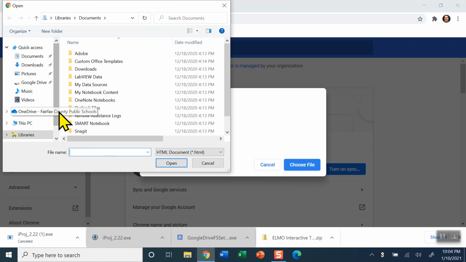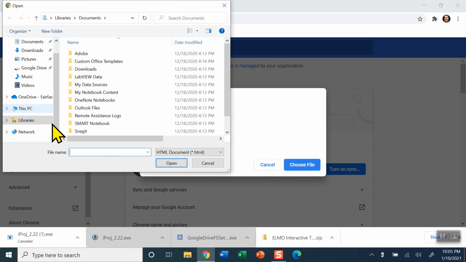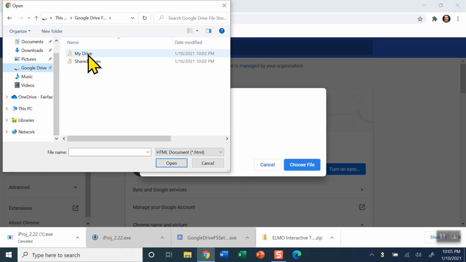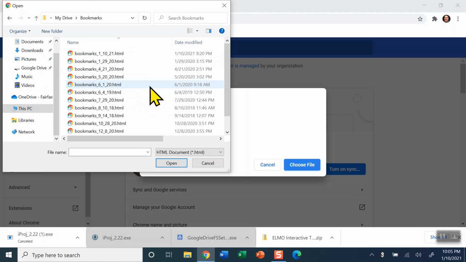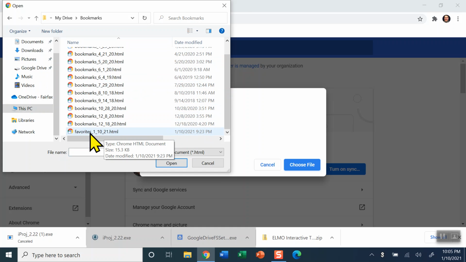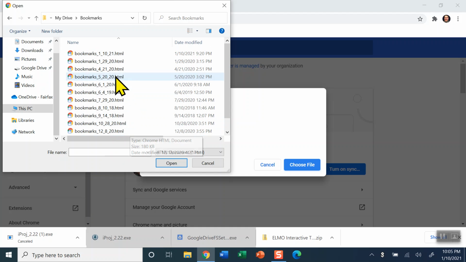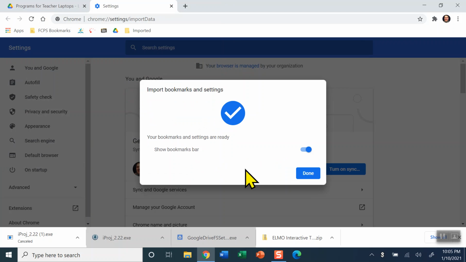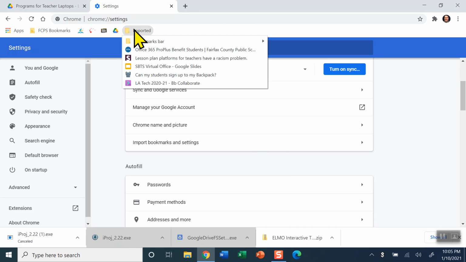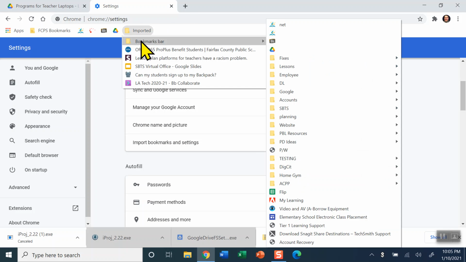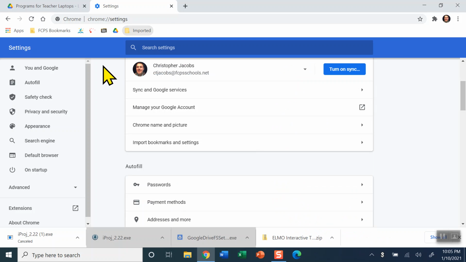And I need to get into my Google file stream. I'm going to go to my drive. I'm going to go to my bookmarks folder, which has all my bookmarks. And then I'm going to find my bookmark for the most recent save that I have. And you will notice that it comes in a folder. So unfortunately, all of these things are going to have to be taken out, but that is not important